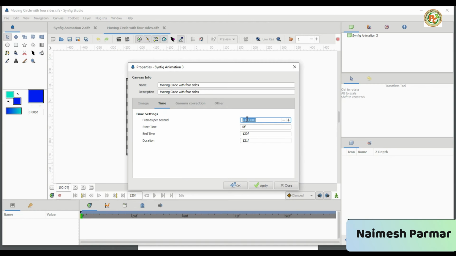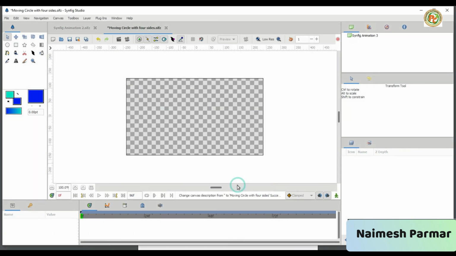Everything remains the same. Our animation will execute 1 second as 24 frames starting from 0, but it will end at 4 seconds. So type here 4s, click Apply and OK. You can see it is applied. 4 seconds applied, so 0 to 1 second, 2, 3, and 4 seconds will be there.